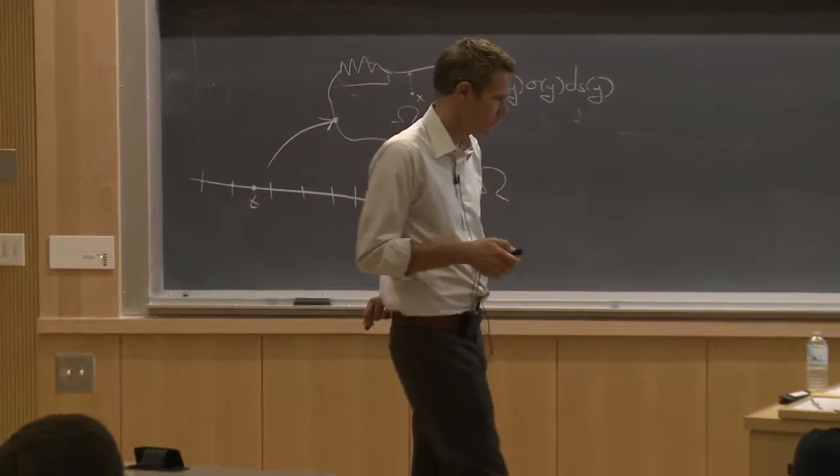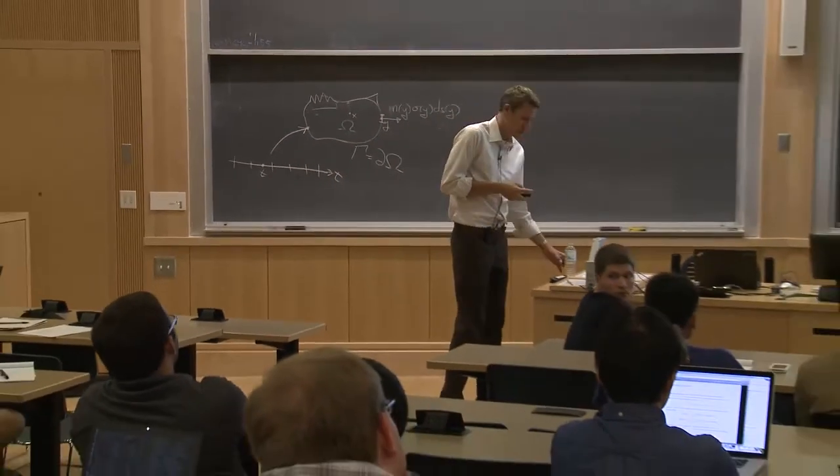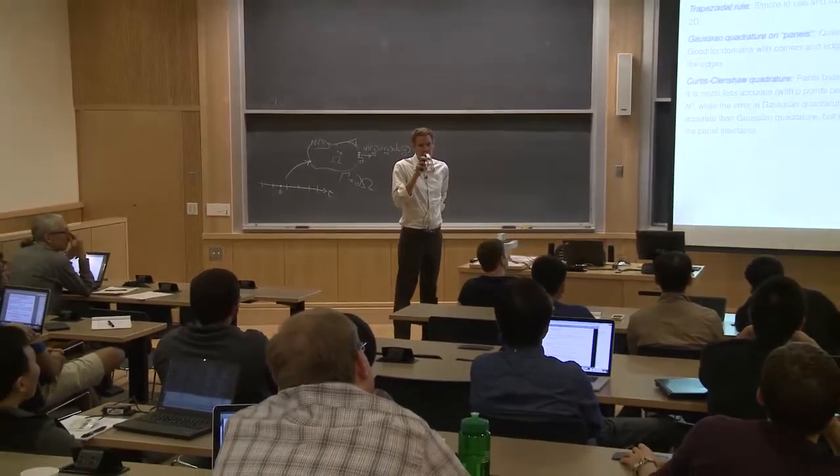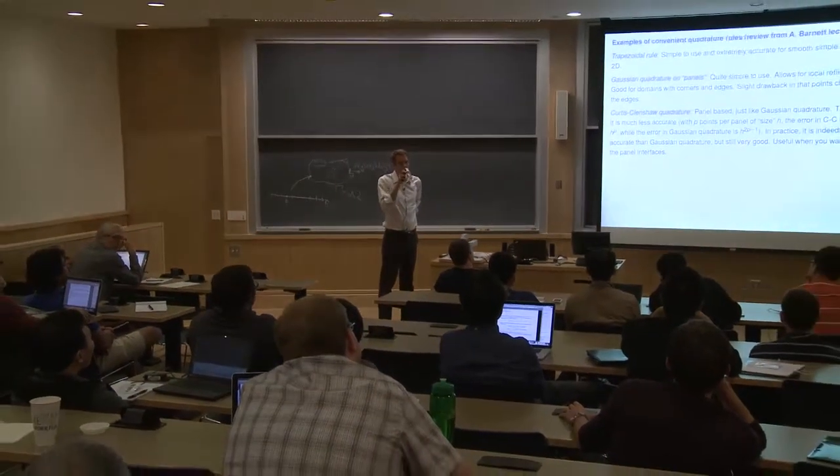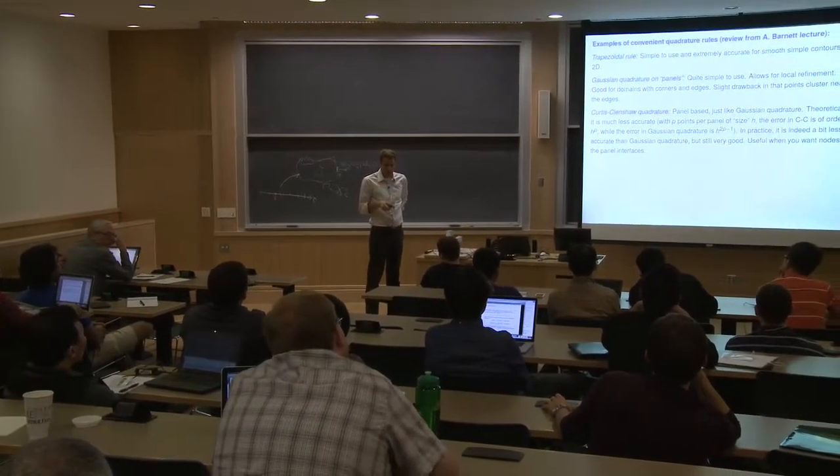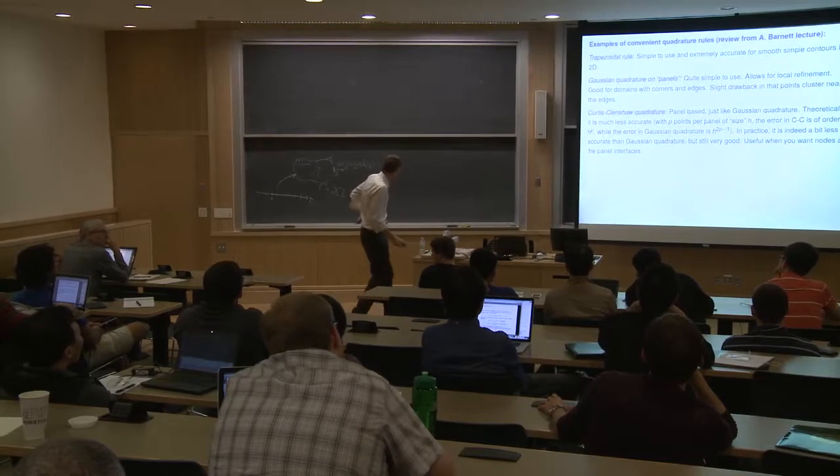Yeah. Can you go back to the previous slide? I'm not that familiar with Per-Gunnar, but it seemed like its distinguishing feature was that it looked at the endpoints. How does it contrast with a Gauss-Lobatto kind of rule? Right, so,